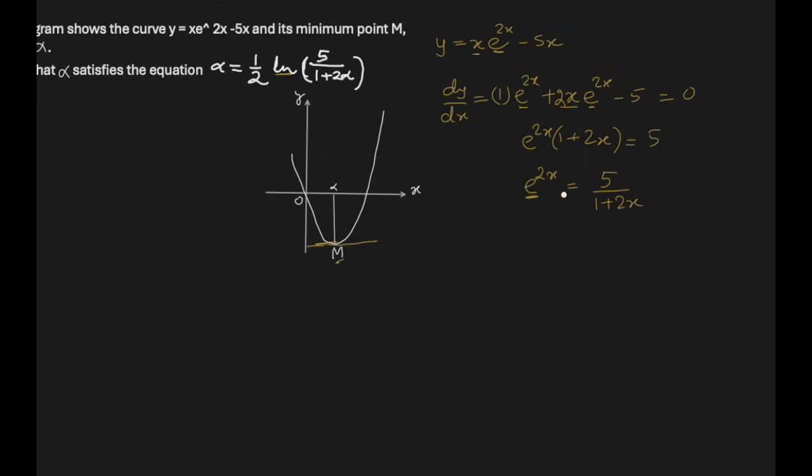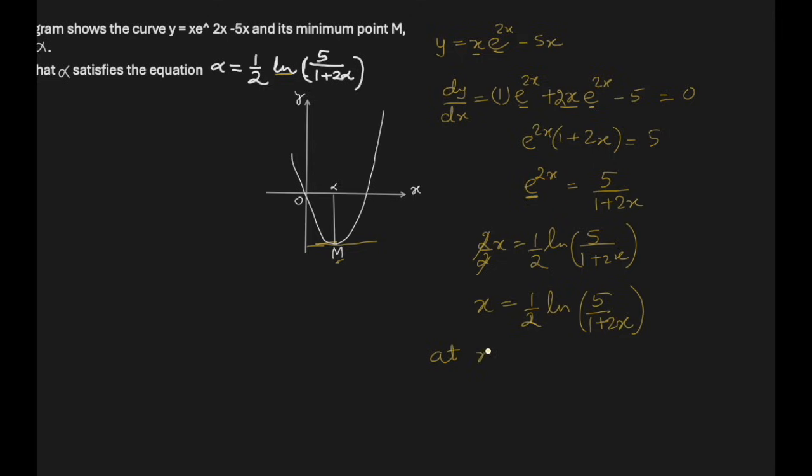That means this e must go. And this e can go when the other side becomes natural log. So exponent becomes the left hand side, and it becomes natural log 5 over 1 plus 2x. It's matching there. All right. Now this 2 also we can divide here by 2 and divide here also by 2. So 2 and 2 is gone. So x is equal to half natural log 5 over 1 plus 2x, which is exactly this, but in terms